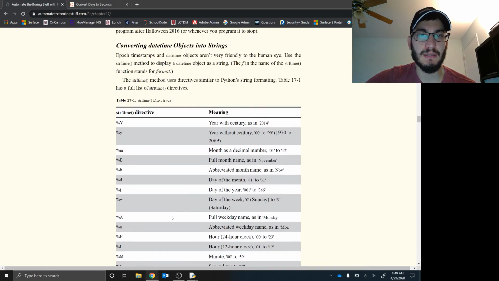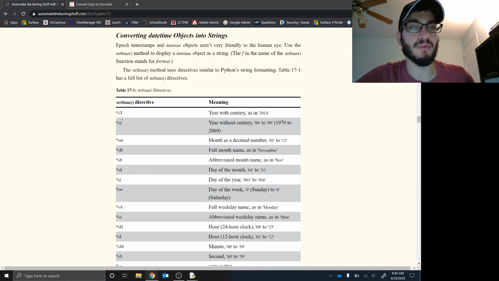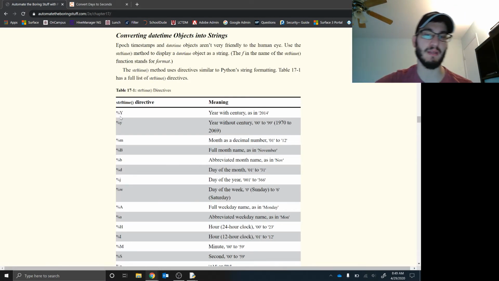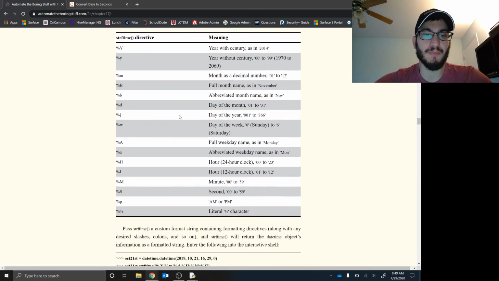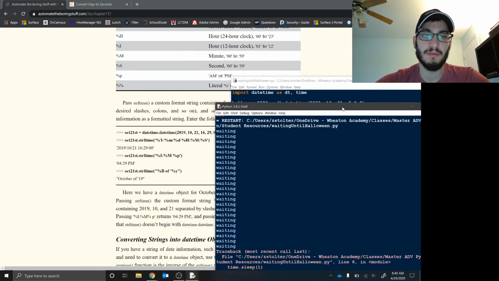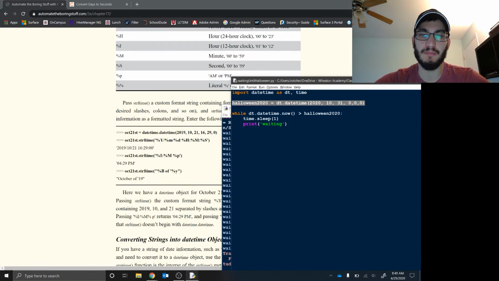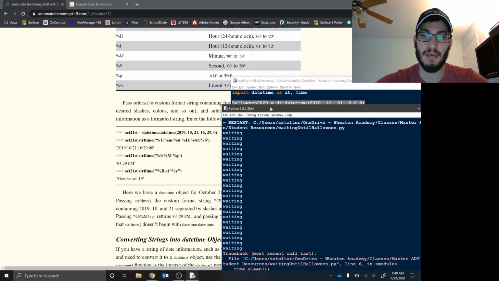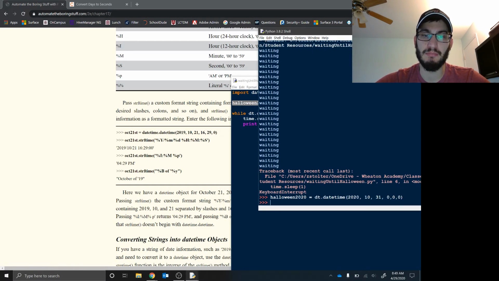Now, this is some cool stuff right here. So we've gone over %s and f in front of a string and all that sort of stuff. So this makes seeing a date time thing easier to read for our human eyes. So what we're going to do is come down here. I'm going to go back to this. And we're just going to use Halloween because I'm not lazy, I'm efficient. Boom. So now if we want to show this date time in an easy way to read, we could do